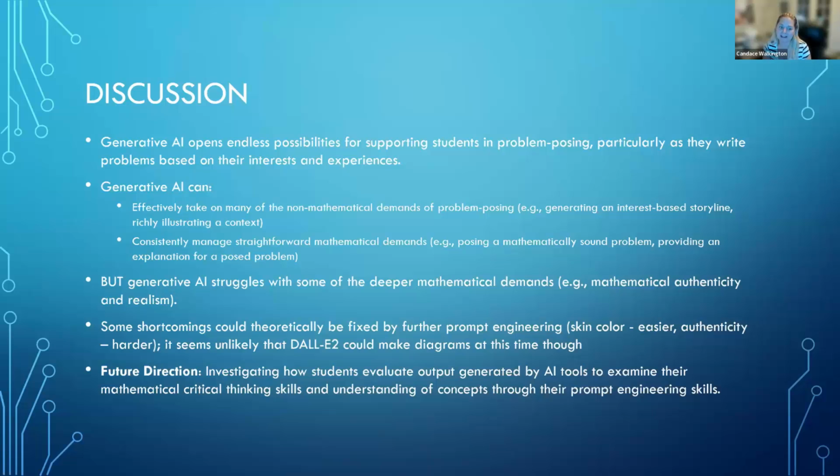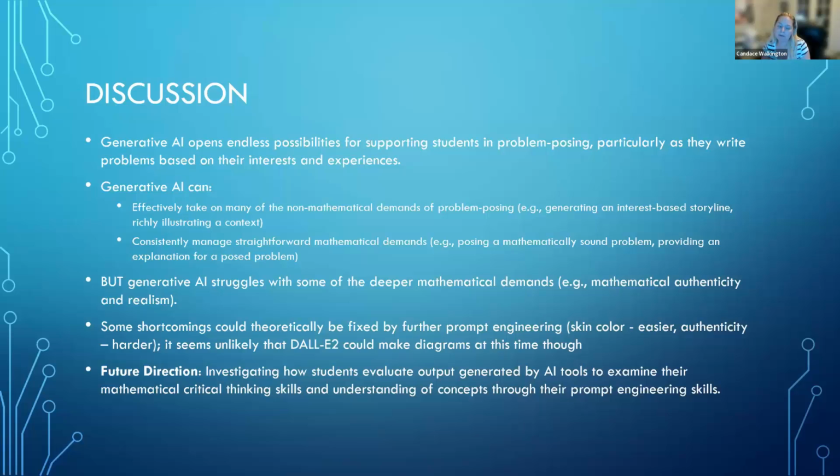It can provide an explanation for a posed problem, although the explanation might not be correct 100% of the time. So it definitely takes some critical interpretation. So it can do these surface level things well, which I think is not trivial given how much trouble students have with writing. I mean, how much trouble anyone has with writing a brand new narrative from nothing. Having generative AI help you give it a first shot is really powerful.